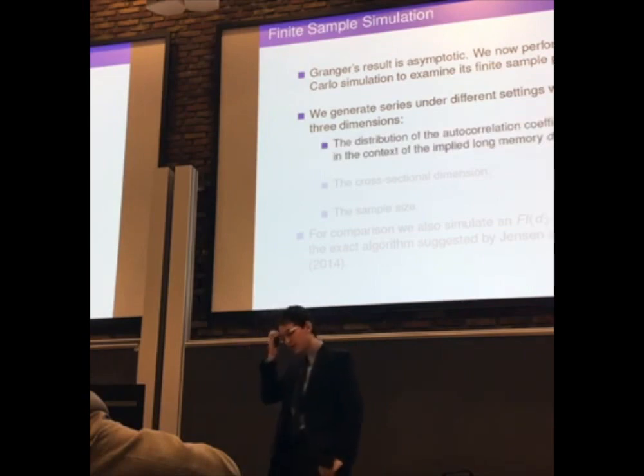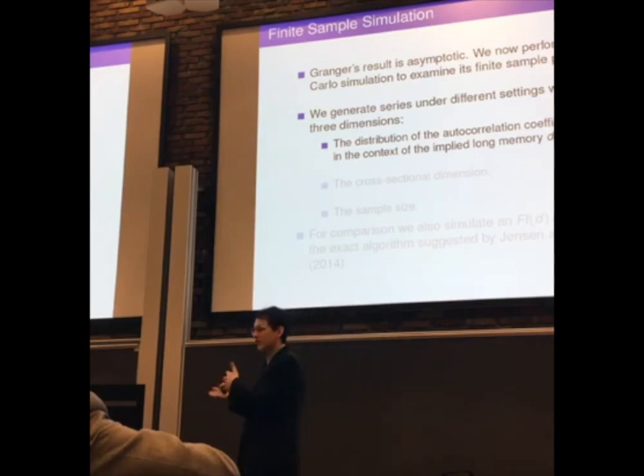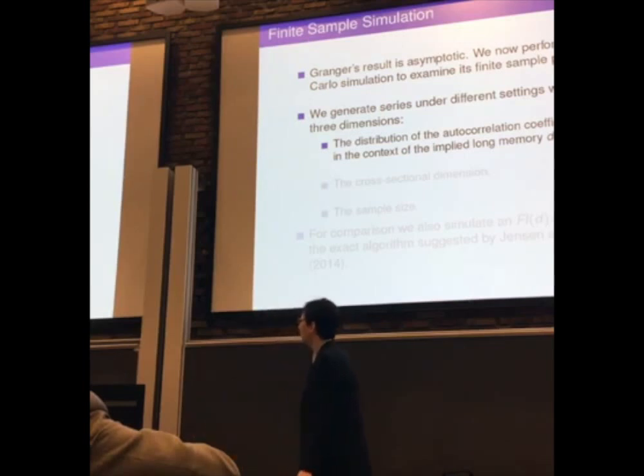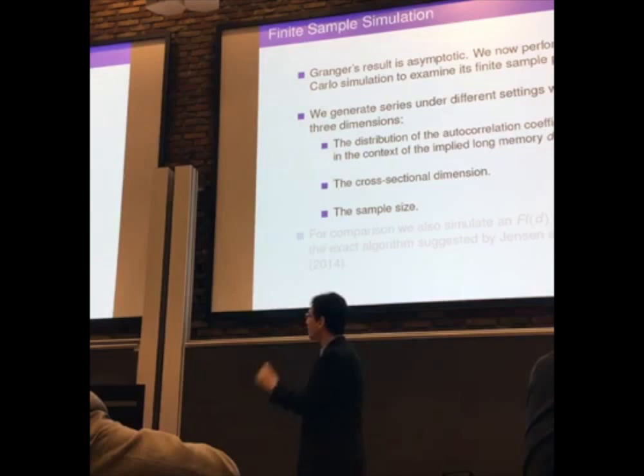So we want to see how this depends on the long memory. If I want to generate a larger degree of memory or a smaller degree of memory, in the same cross-sectional dimension, do I need more or do I need less, depending on the memory? Then, how many do I actually need? How many AR1 processes do I need to aggregate to start seeing the long memory? We also want to see if it depends on the sample size. So that's another dimension we want to see in the Monte Carlo.